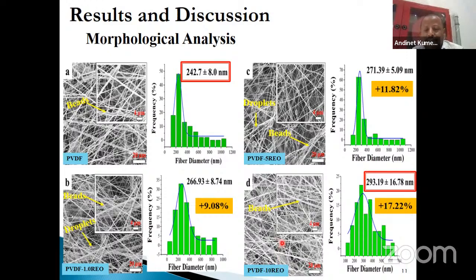From this, we can say that the oil can easily segregate inside the nanofiber, which enables the nanofiber to release that oil so that it can protect the food from